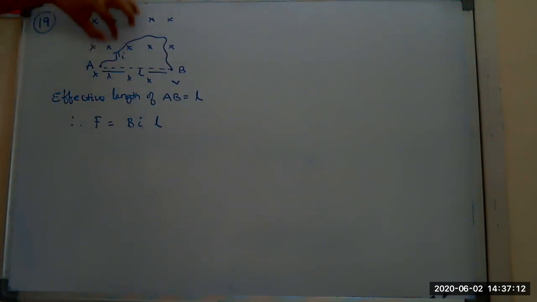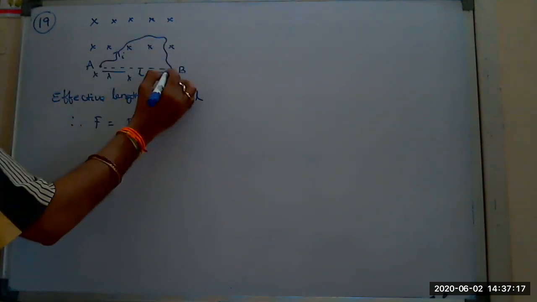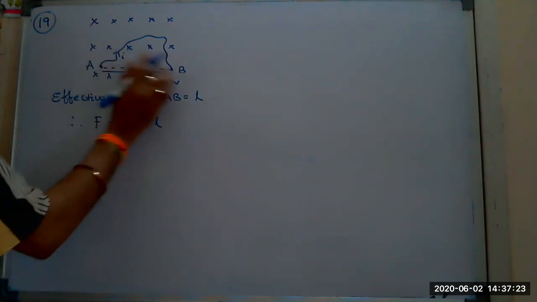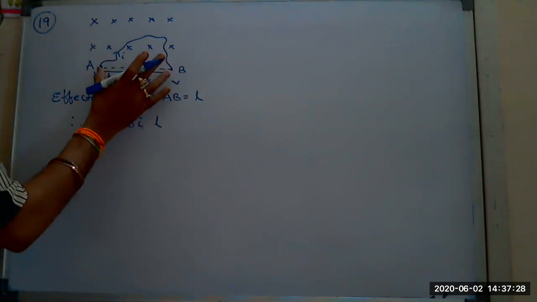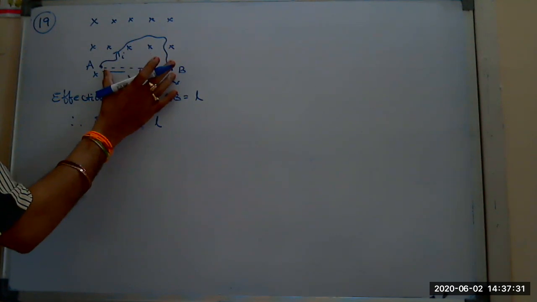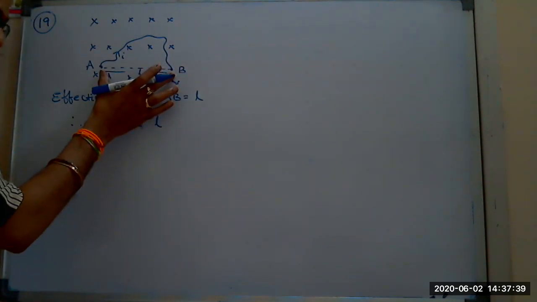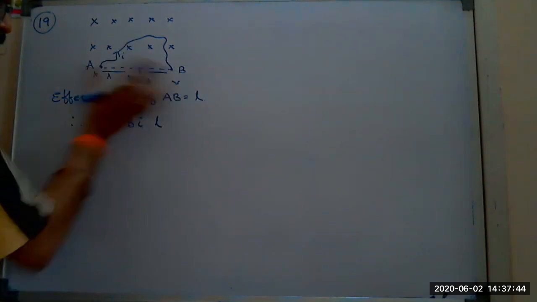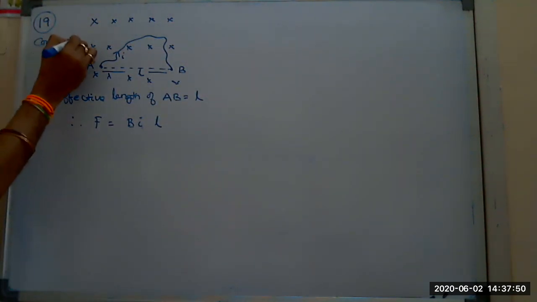So to avoid the integration, what I am saying is, in any case, Nana, if some wire is given and you are able to find the effective length between the two ends of the wire, the open ends, that is nothing but in physics what we call displacement, just like displacement in straight-line motion. That is the effective length we take here. If you know that effective length L, then directly you can get F equals B I into that effective length. This is the concept now.